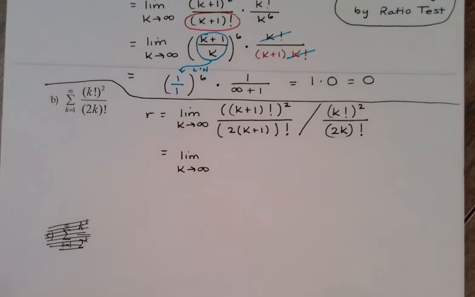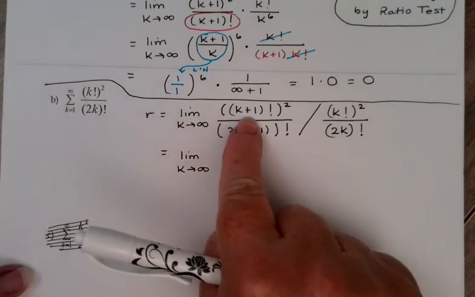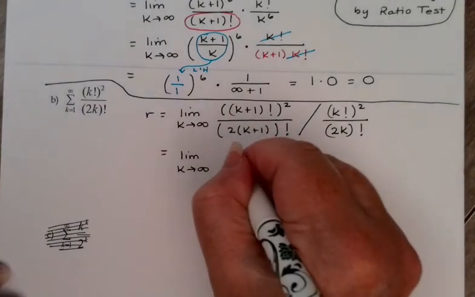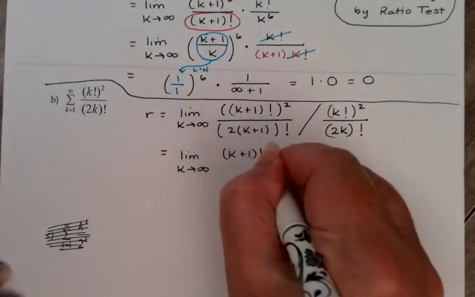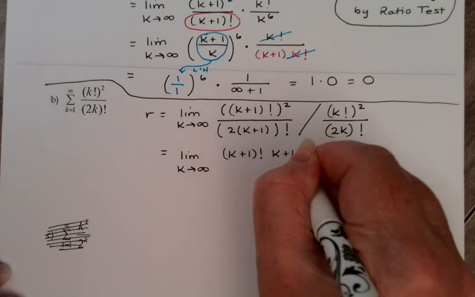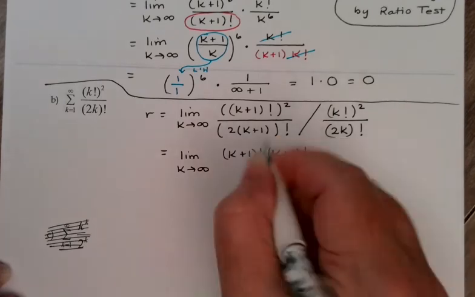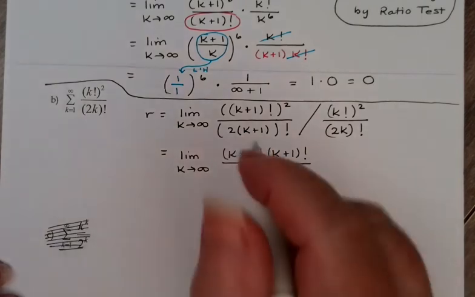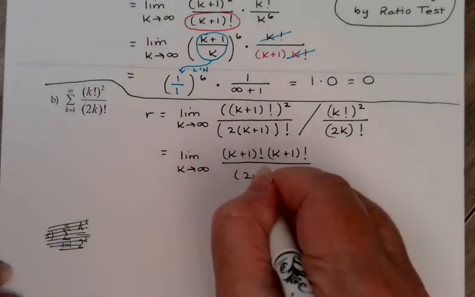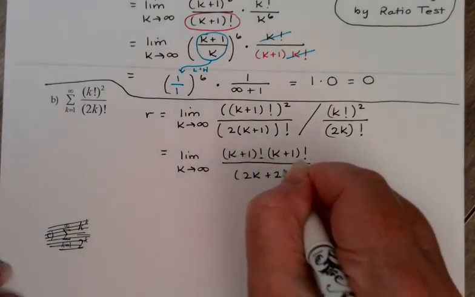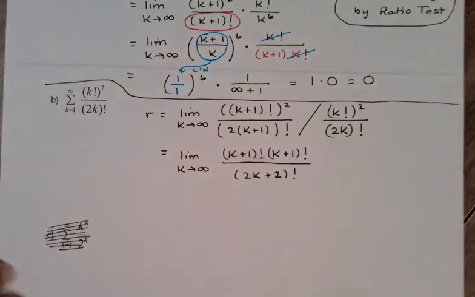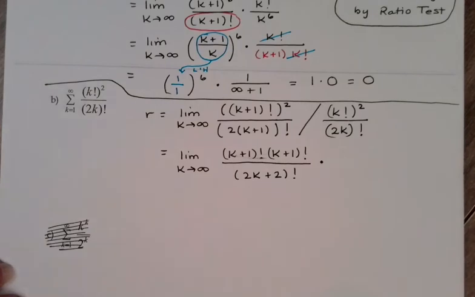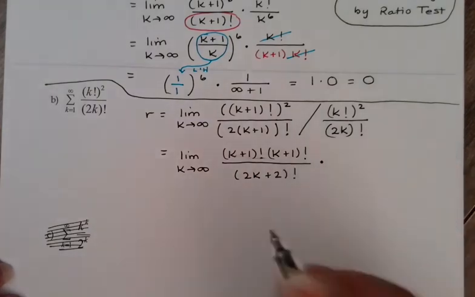And so, what have I got here? The numerator, k plus 1 factorial squared, could be written as k plus 1 factorial times itself. The denominator, I'm just going to distribute the 2k plus 2 factorial. Then I'm going to say let's invert and multiply. So the reciprocal here,